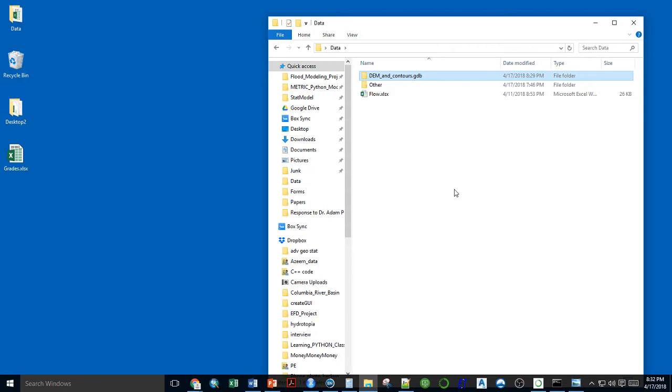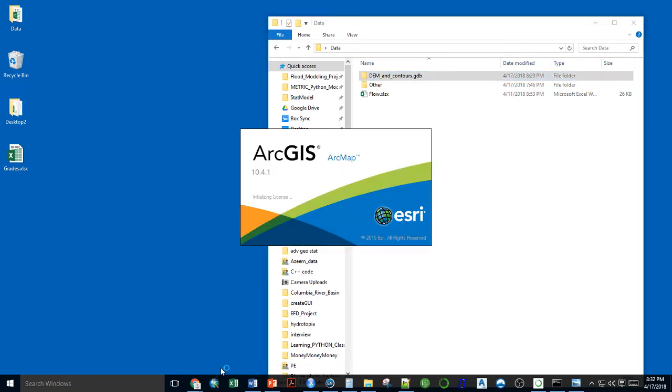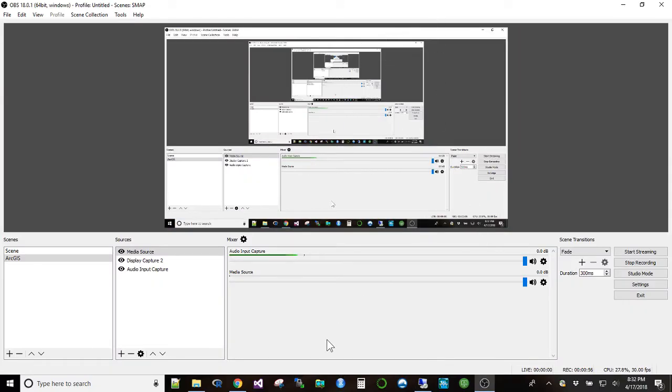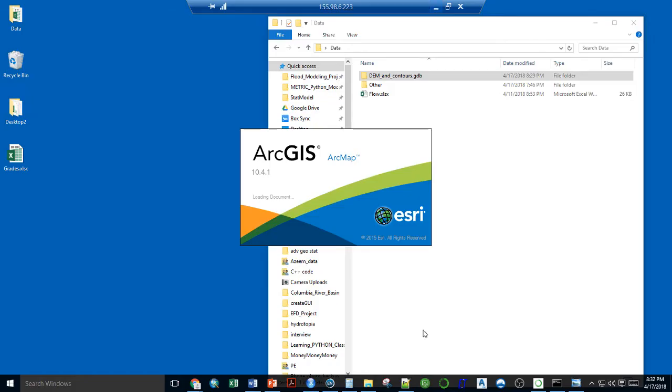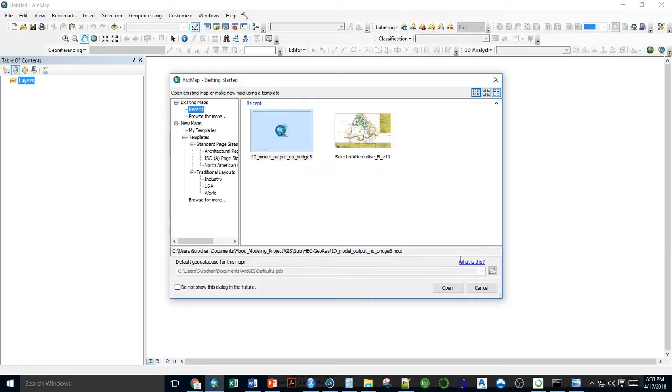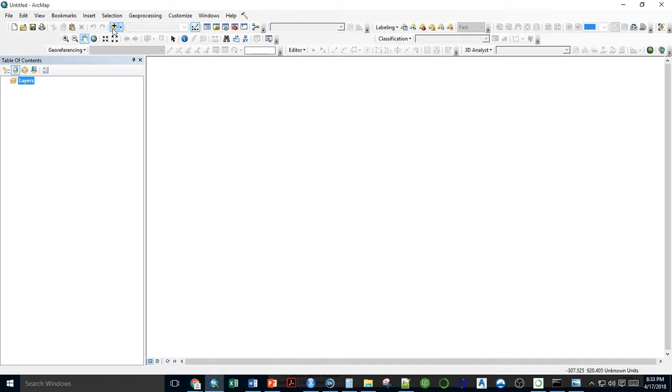So to run a HEC RAS 2D model, you need at least two things. The first one is a DEM and the next one is a projection file. So let's start. First open up your ArcGIS. After you open your ArcGIS, let it load. So you want to add data,